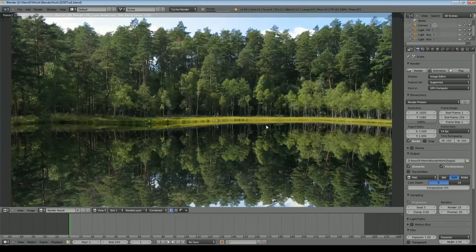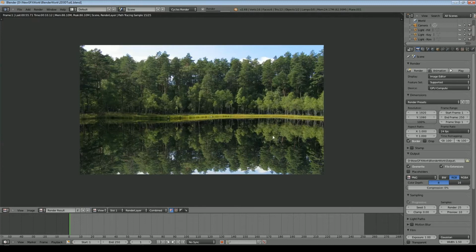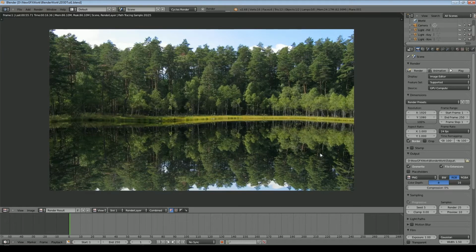And as you see, it's not perfect. It obviously needs a little bit of tweaking, but essentially that's it. There's the bank. We can see everything 100% reflected in the water. Now obviously this water is literally mirror flat, so that isn't quite what we're looking for. So there's a number of things we need to do, especially given we want to make this an animated scene.